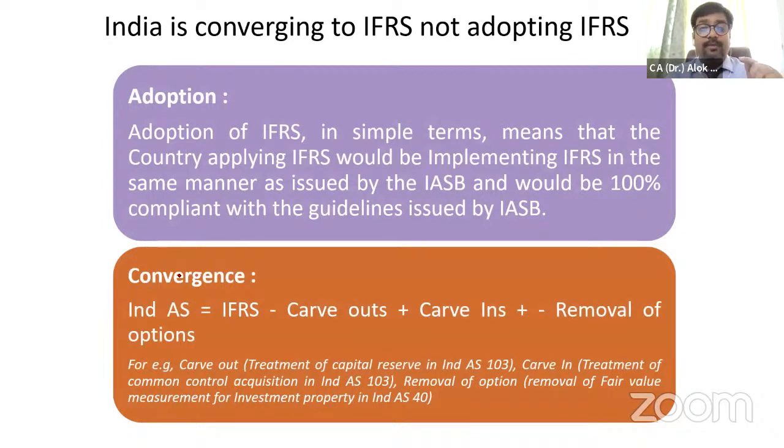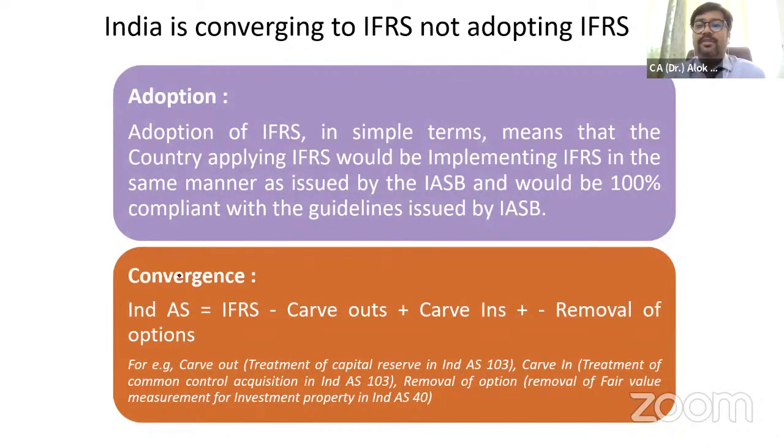So when you see the balance sheet of European companies, for example, when you download the balance sheet of HSBC Holding PLC, you will find that in the basis of preparation para, they write that the financial statements of HSBC Holding PLC have been prepared using IFRS, International Financial Reporting Standards, which are issued by International Accounting Standard Board and as adopted by European Union and European Financial Reporting Advisory Group. So they say that our financial statements have been prepared under IFRS, and these IFRS are issued by IASB but adopted by European Union and European Financial Reporting Advisory Group, EFRAG, right? So Europe has adopted IFRS.